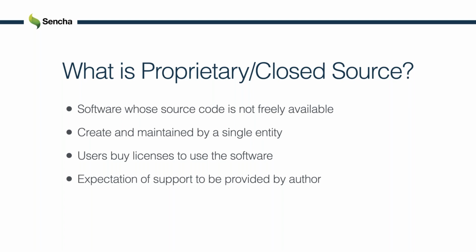So instead of open source with the free licenses, with closed source, users buy licenses to the software, and that lets them either just use it as they might do with Microsoft Office, just use it and produce whatever you need to produce, or in terms of something like Ext JS, where it's a framework that you're building on top of to build your own products. So you pay for a license to use it, and you can then do with it as you wish within